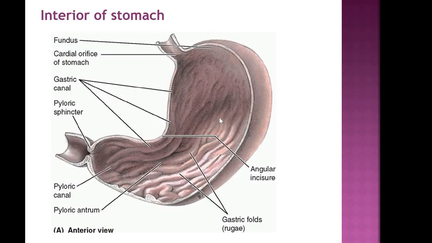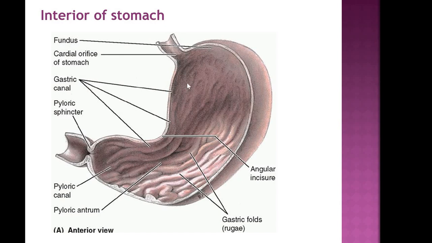When we take an incision along the greater curvature of the stomach, we can see the interior of the stomach. On the interior, you can see a large number of longitudinal folds. These are called gastric folds or gastric rugae. These are temporary mucosal folds which disappear when the stomach is distended. In between these gastric rugae, there are small openings, which we can see with a hand lens. These are called gastric pits, and each gastric pit receives the openings of the gastric glands.